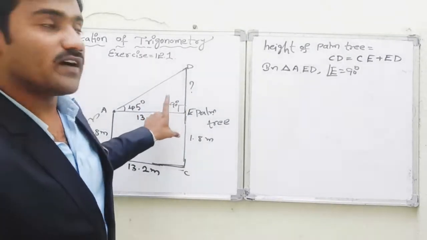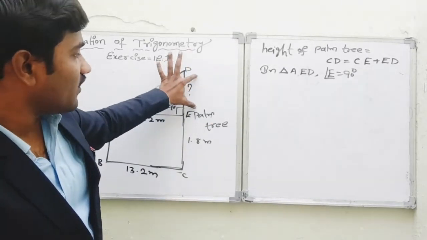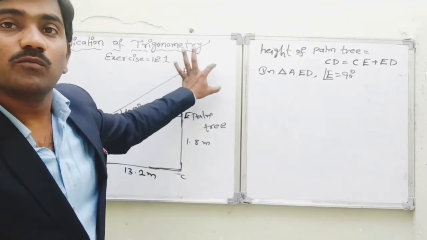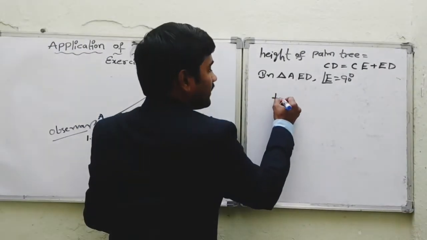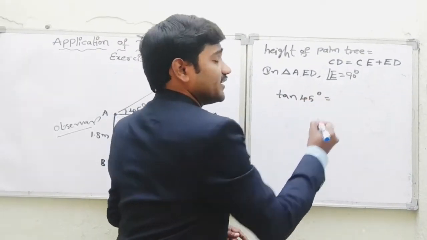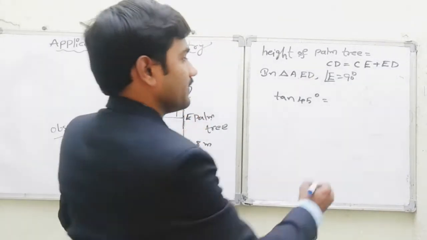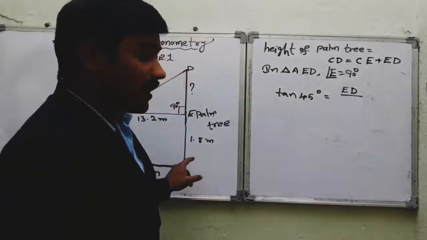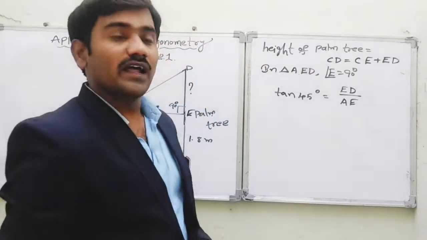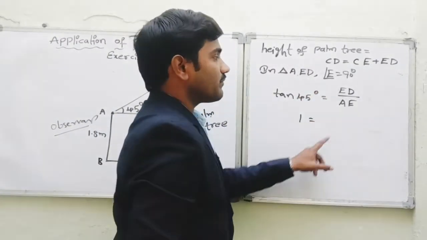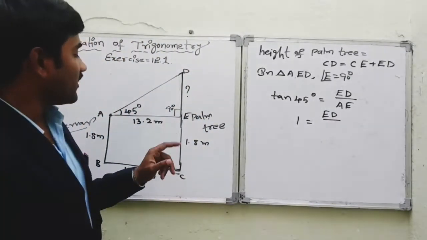So, in this what we need to find out? See, for this angle, the opposite side we need to find, where the adjacent side is given. Opposite by adjacent is tan. So tan 45 degrees we need to use, because the angle is 45 degrees, and opposite, that is ED, by adjacent side, that is AE. So let us substitute those values also. Tan 45 equal to 1, no? ED we need to find, by AE. AE equal to what? 13.2 meters.